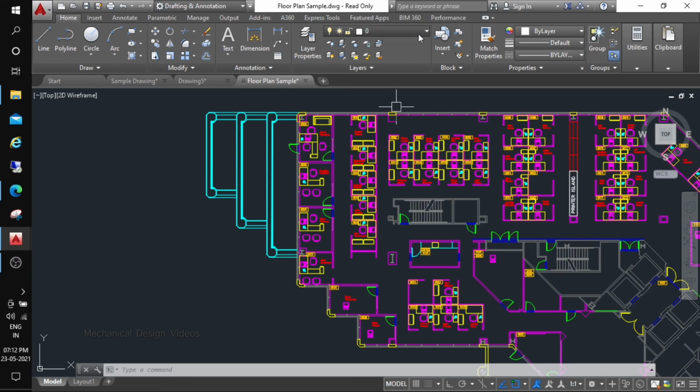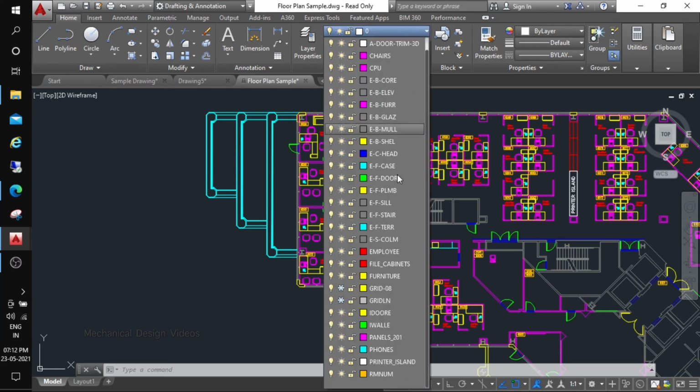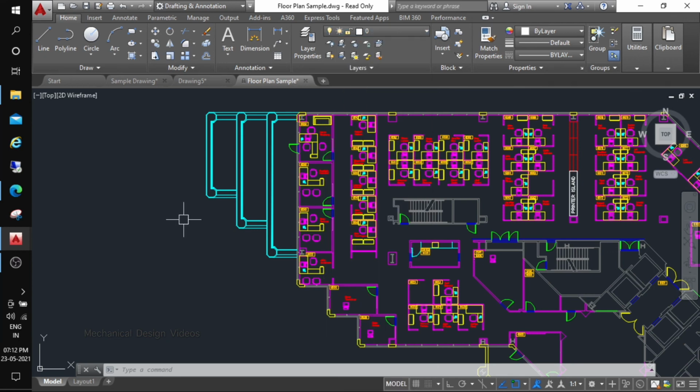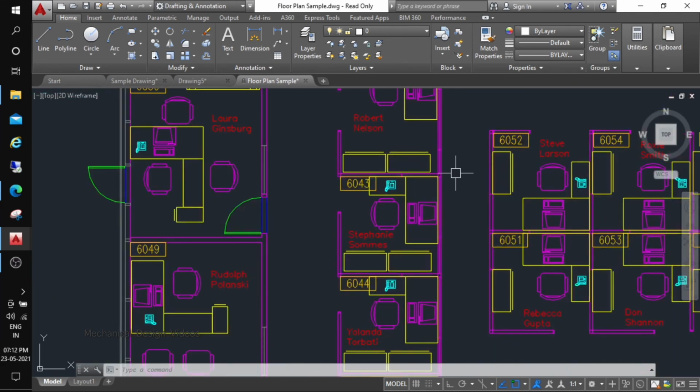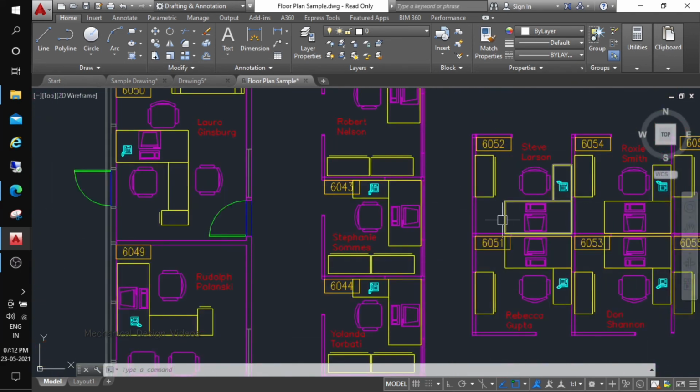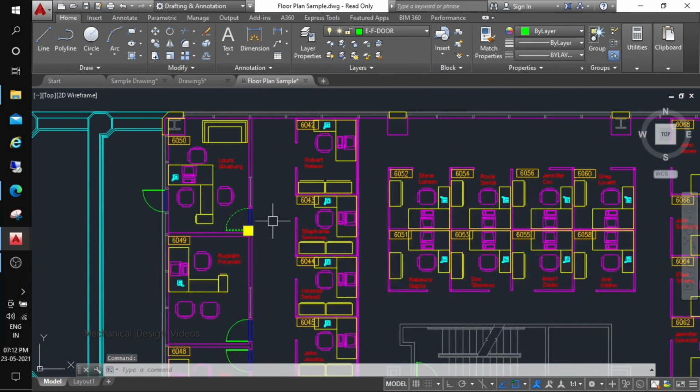You can see in this drawing there are this many layers. In other words, it is like organizing things in a drawing, because objects with similar characteristics will fall on the same layer. All the chairs fall on one layer, all the telephones on one layer, all the walls on one layer, all the doors on one layer. Which means I can control doors collectively, windows collectively, or chairs collectively. That is the advantage of layers.